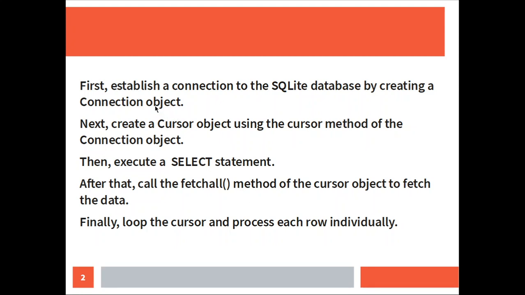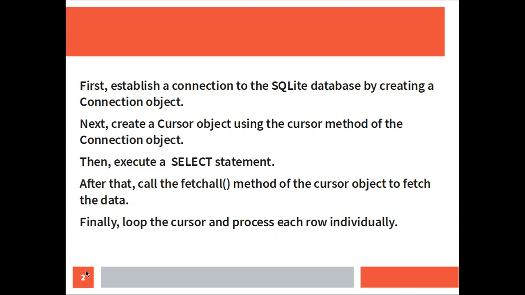Now the connection is made from Python to the SQLite database, and then we are going to create a cursor. What is a cursor? It is an object which can hold some set of data which is called a row set. What is a row set? A row set is a collection of rows. From a query we can select some rows of data, and those data can be put in a cursor object, and through the cursor object any process can be done. So that is the purpose of the cursor object.